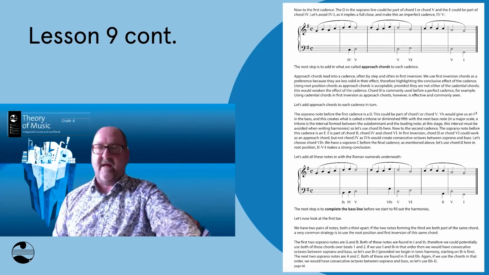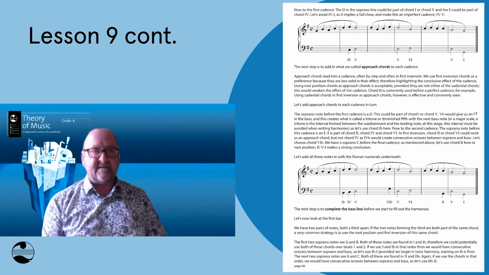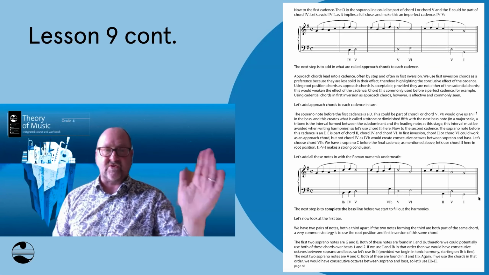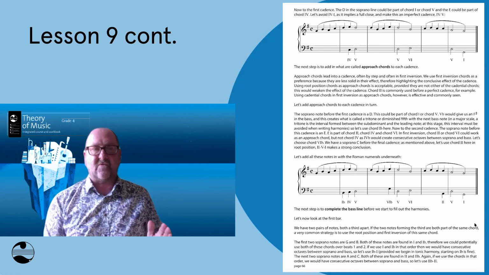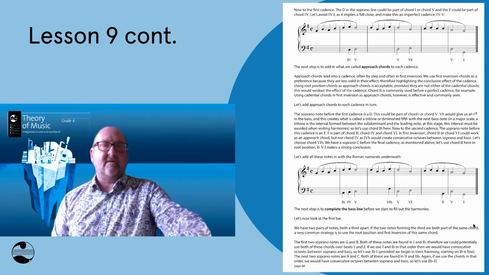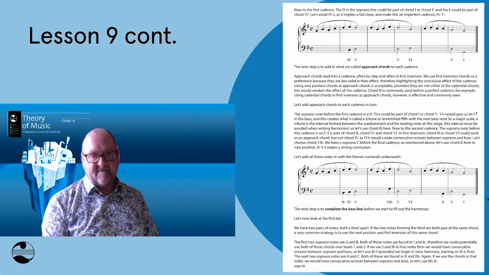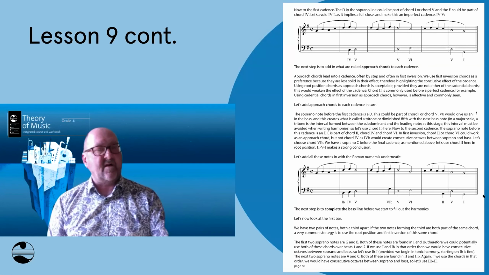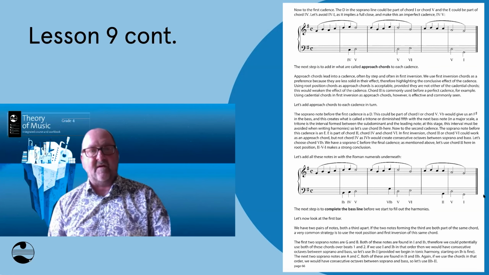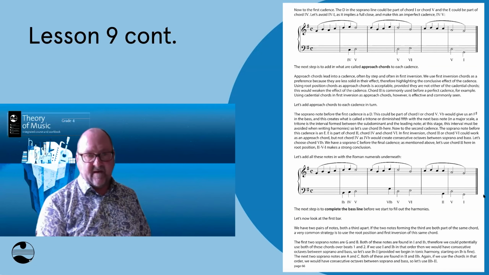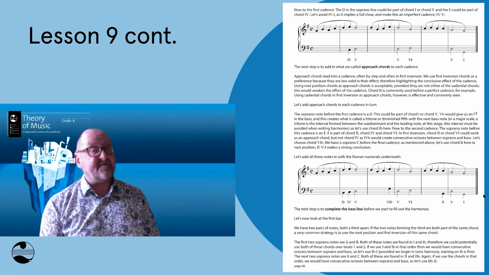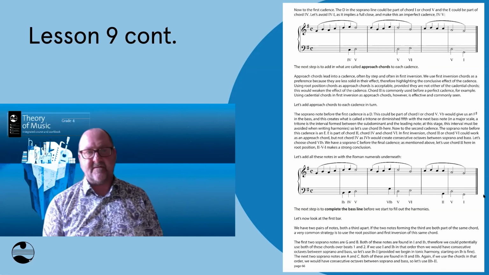And so if we go down to the second system in this example here on this page, I've used chord 2 as an approach chord because 2-5-1 is actually an excellent system of chords to use to finish a harmony. And if you go to the first one, I've used chord 1B, which leads by step very nicely into the first cadence. But I've used another example in the middle where I've leapt onto the cadence from the approach chord. And I just wanted to show examples that all of these are fine. It doesn't have to be a first inversion chord. It can be other things.